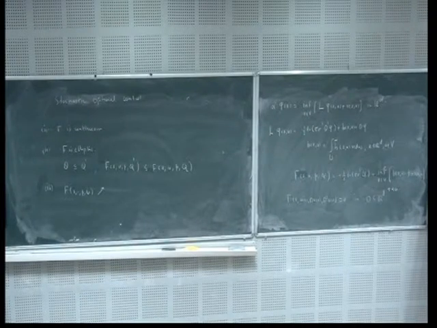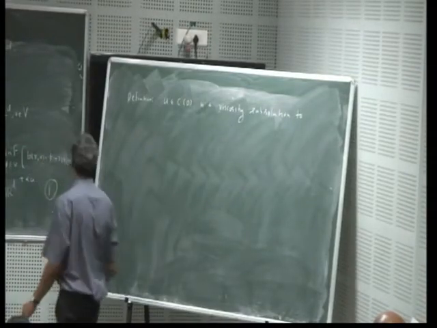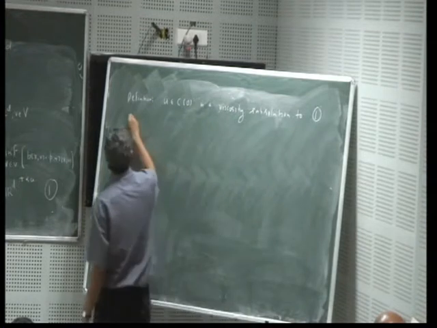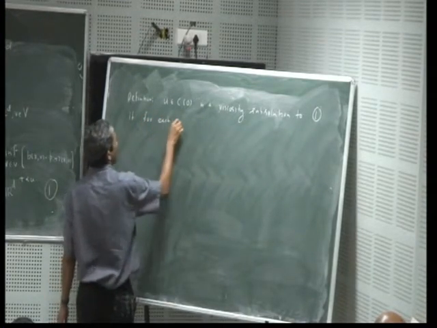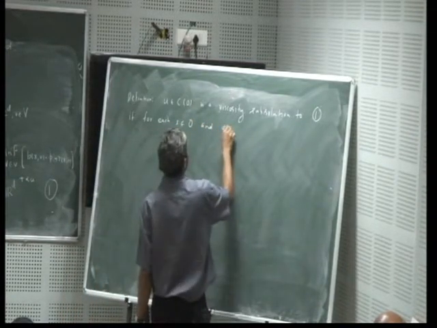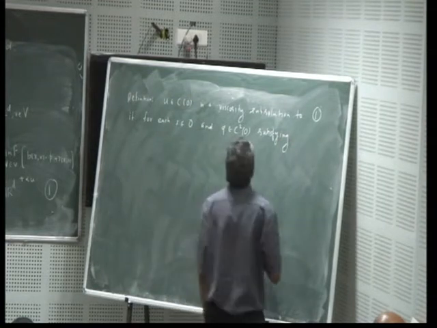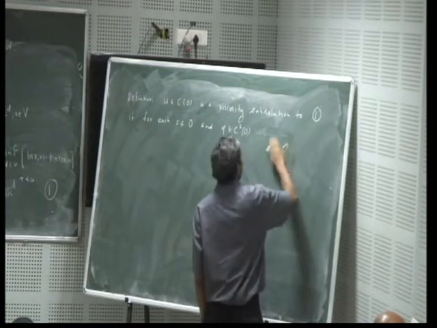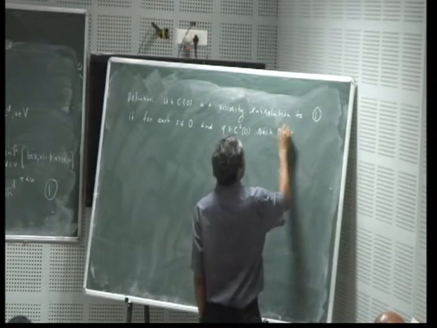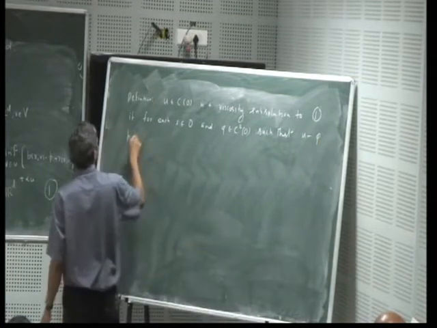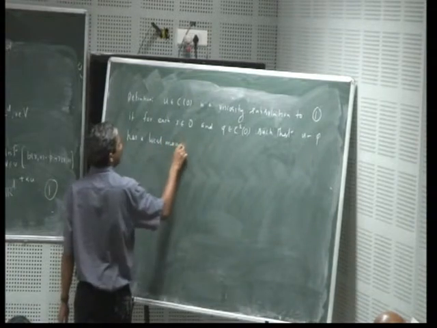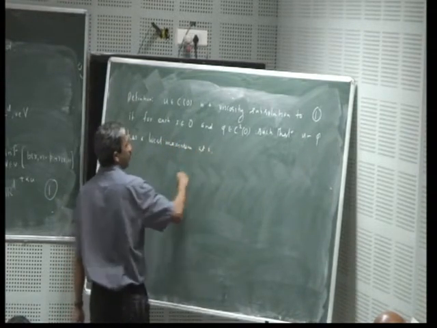So you say that a continuous function u in O is a viscosity subsolution to (1) if for each x in O and phi belonging to C2 of O satisfying, such that u minus phi has a local maximum at x, then